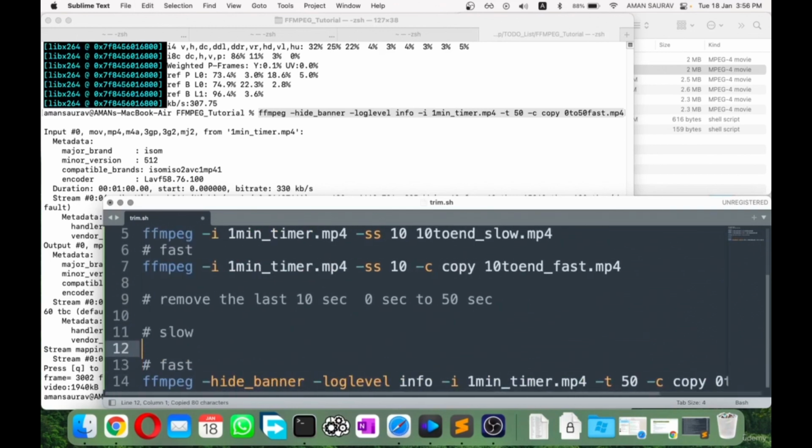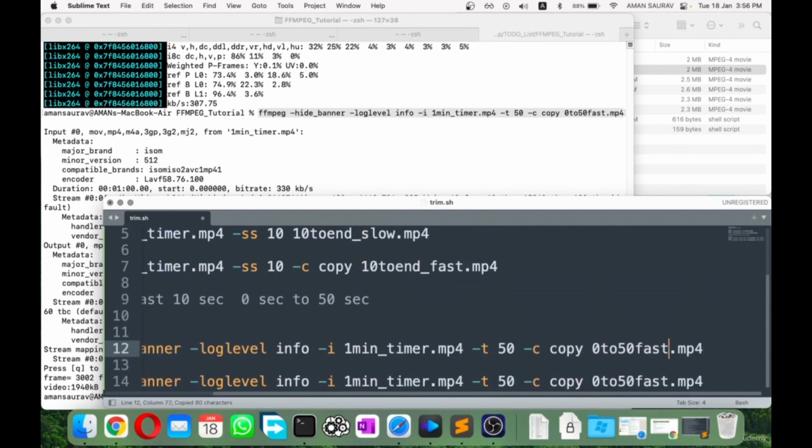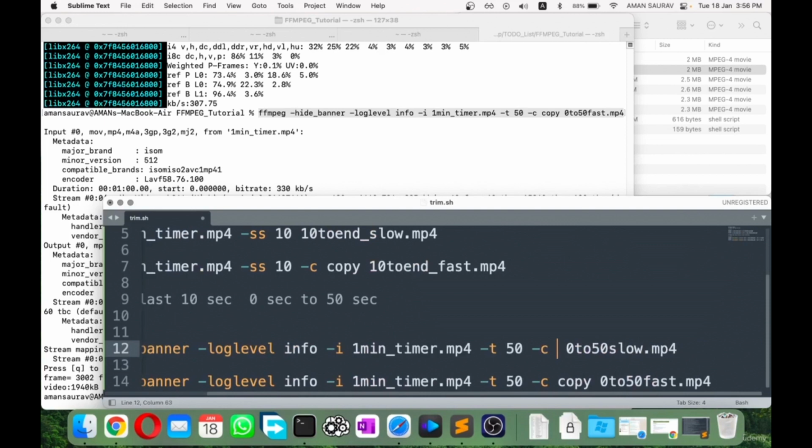So the slow method was something like this. The only difference between these two commands is the -c copy here. Okay, now -c copy,